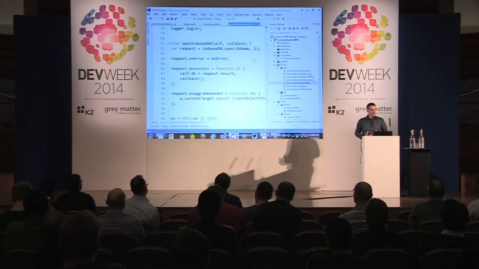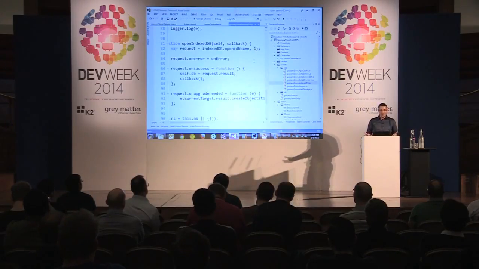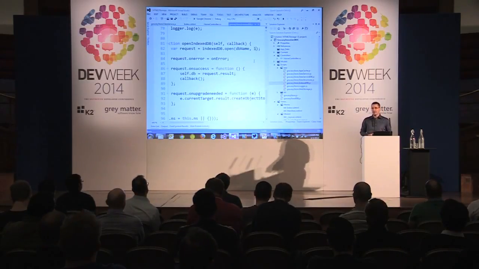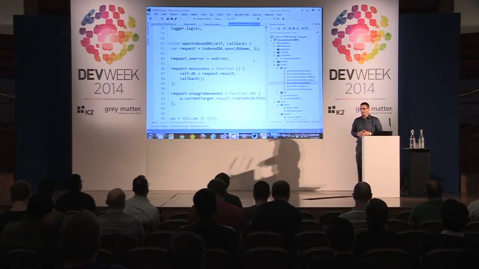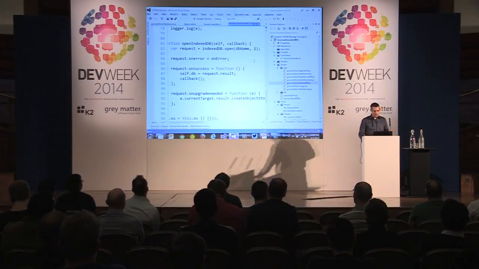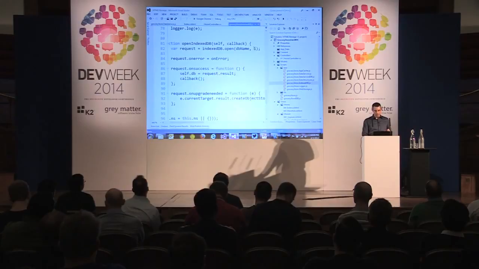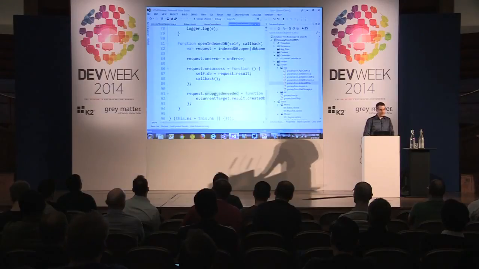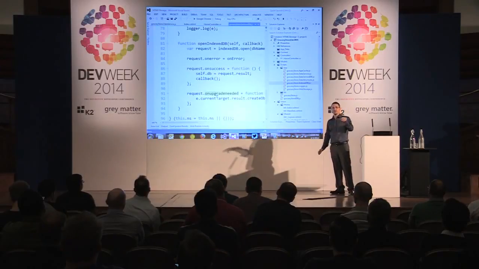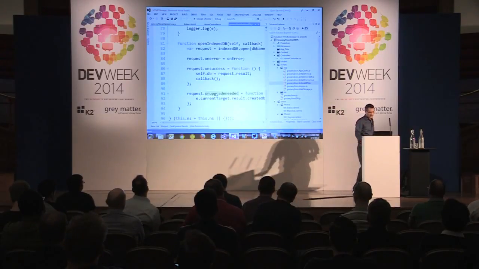In order to change my database in IndexedDB, you need to give the open function another version. Okay? So if I want to change the version of the database, then put 2, 3, 4, 5, whatever, in order to change it. Only when you give a version number which is not the current version number, an event called onupgradeneeded will be fired. In that event, and only in that event, you can change the IndexedDB implementation. So once